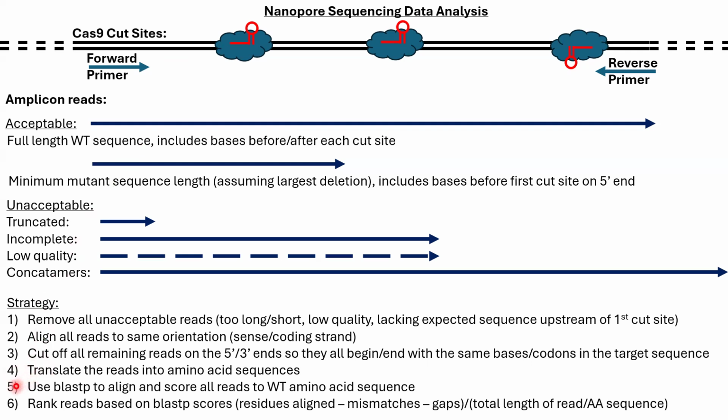Then there's a BLAST-P that's built into Galaxy. We're going to use that to align all of our amino acid sequences to the wild type sequence. That's going to generate a tabular file that we can put into Excel and then analyze how many of these reads align perfectly or less than perfectly to the expected amino acid sequence. Okay, so that's the overview there of how we're going to do that. Now let's actually get started by looking at a